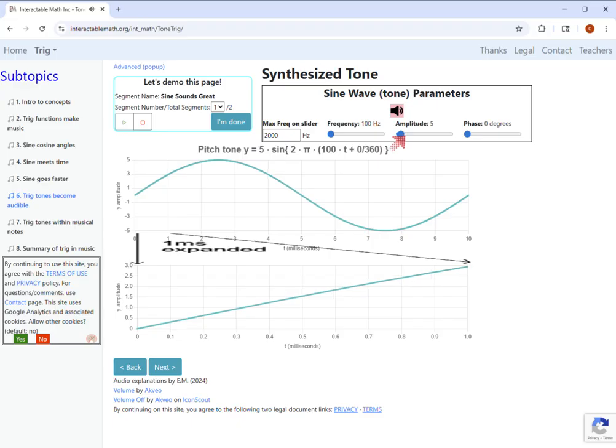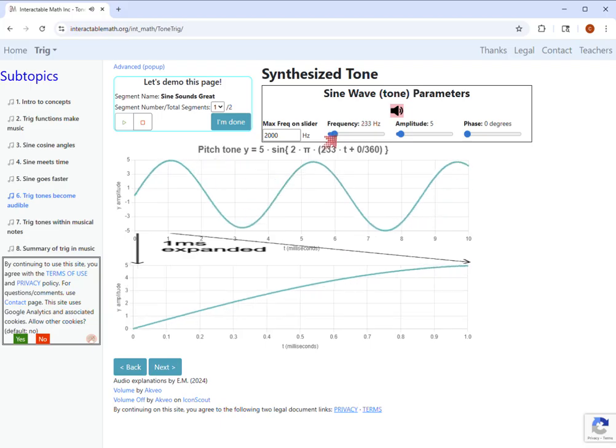Now back down the volume so I don't hurt your ears, and tune to a frequency near a musical note, namely the middle C note at 233.08 Hz. Notice how as the pitch goes up, there are more cycles shown in the graph. It gets more squished. Most musical instruments can play in this pitch range. If at any time these tones irritate you, please hit the red volume off button as I've been showing you in this demo.